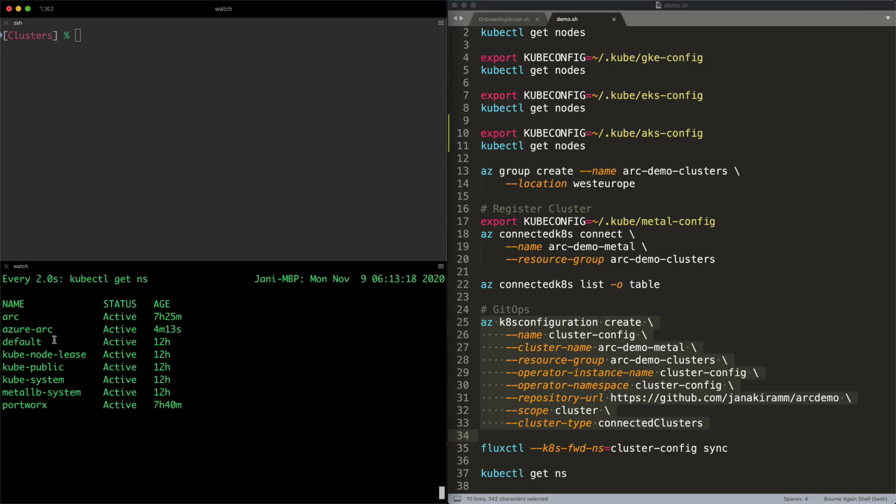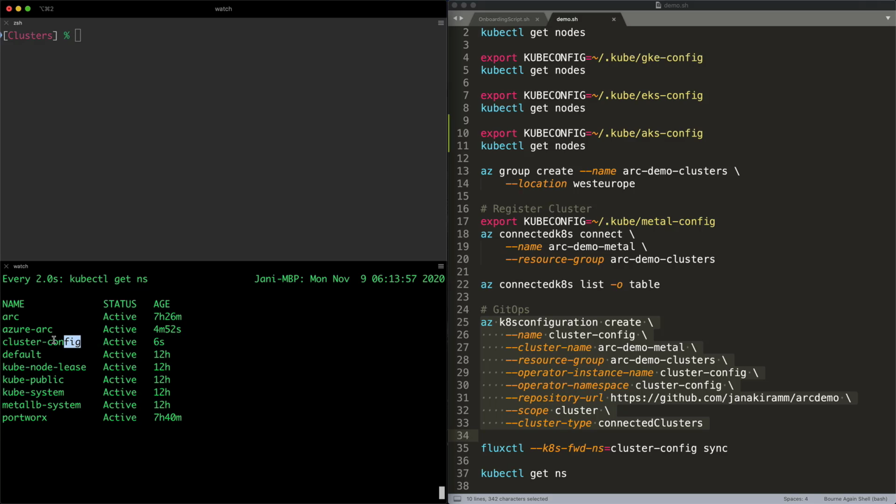And Microsoft has adopted an open source project for this called Flux. And based on Flux, it is going to create an agent which will pull all the artifacts and all the specifications defined in the appropriate GitHub repo.